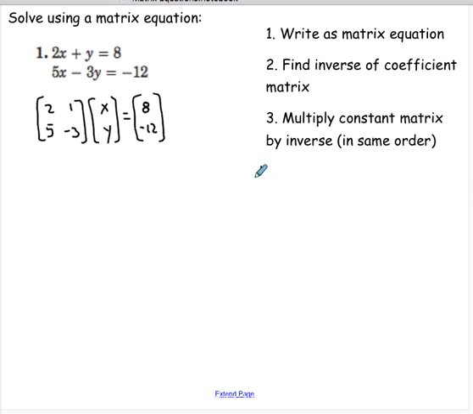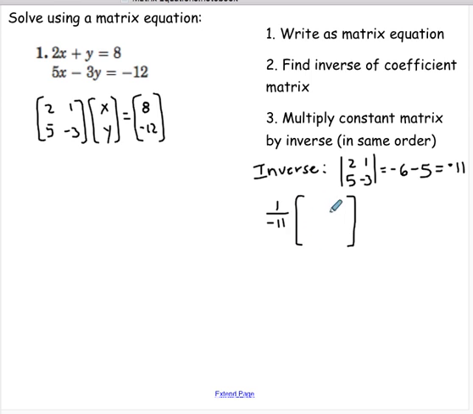So we start to find the inverse by finding the determinant first. So we need the determinant of 2, 1, 5, negative 3. So I multiply my main diagonal, 2 times negative 3, which is negative 6. And then I subtract my anti-diagonal, and so the determinant of this is negative 11. So the inverse, you'll recall, is then 1 over the determinant, that scalar, multiplied by